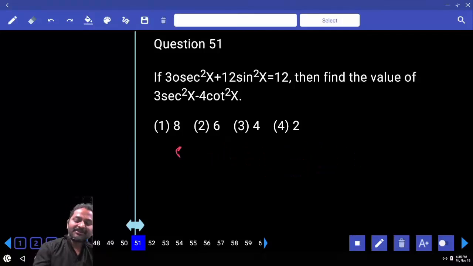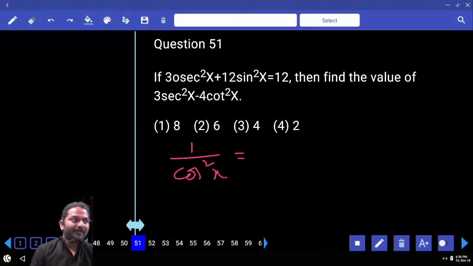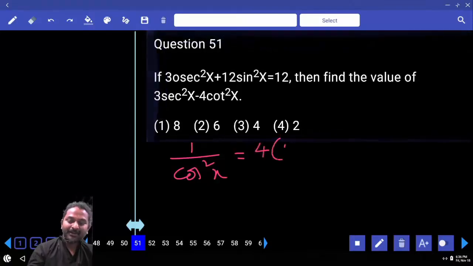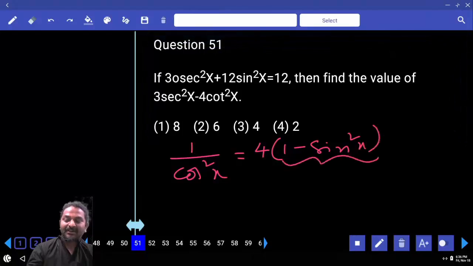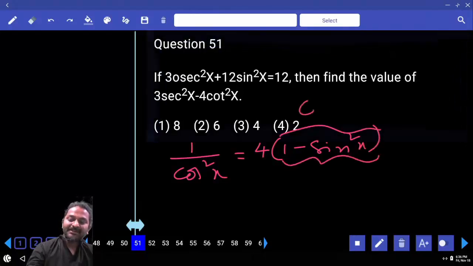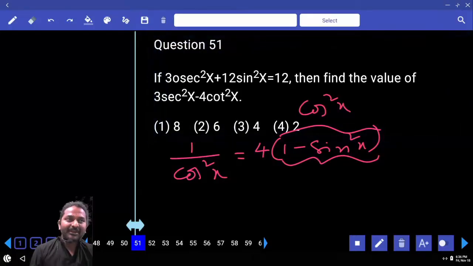Now tell me the equation. Secant square x. Can I write secant square as 1 by cos square x? Come on. Right hand side, what was the value? 4 minus 4 sin square x. If you take 4 common, 1 minus sin square x. What is this called? So in place of this, if you write it as cos square x, from this cos